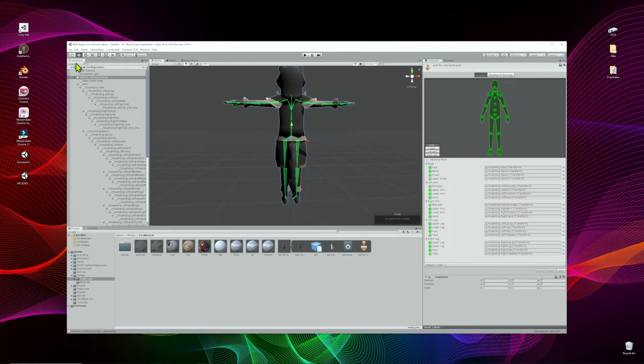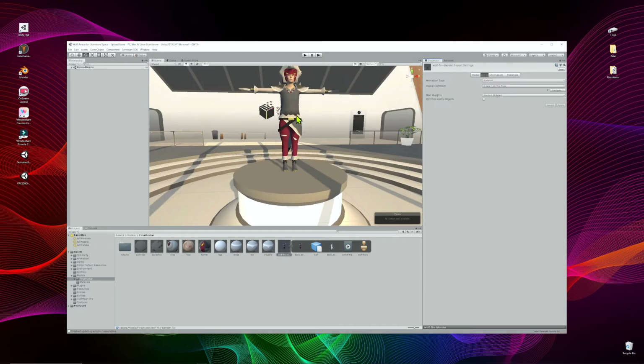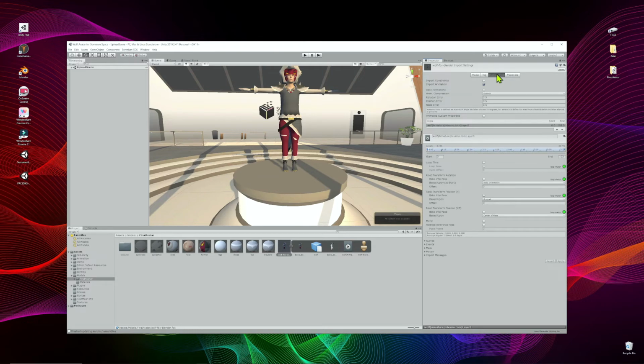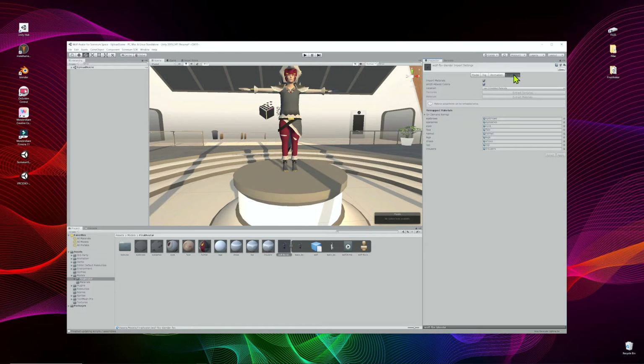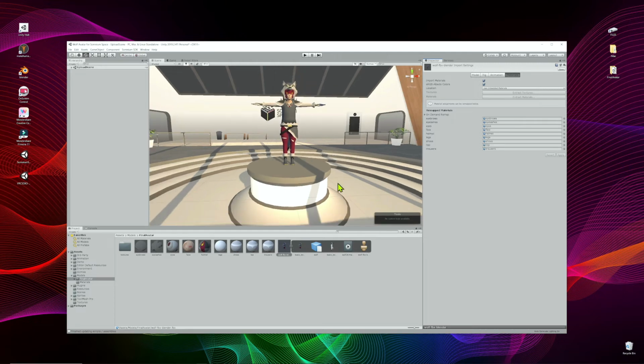If it's facing backwards and you want to check the front of the avatar, you can select the rotation tool, rotate around, and just check that those bones are lined up correctly. We've already done that, so they should be pretty much perfect. All you need to do is select done to accept the bones on that avatar. Leave the animation tab as it is. The materials tab has already been adjusted, and that means we're pretty much ready to go to upload our avatar